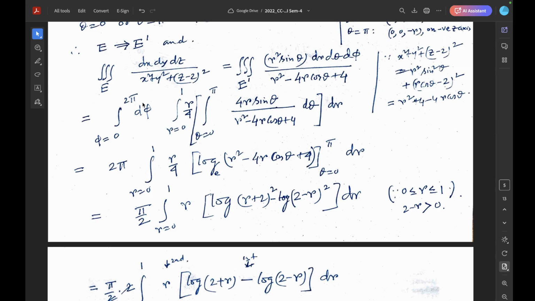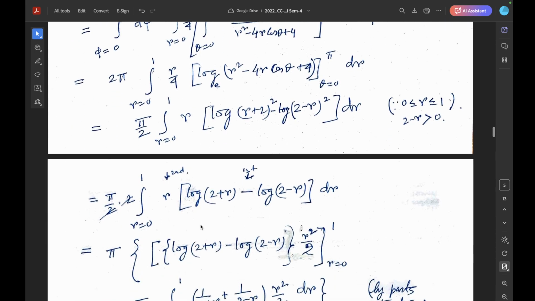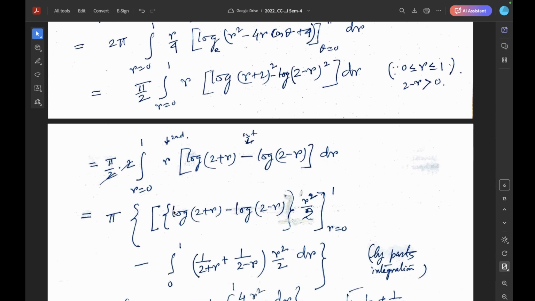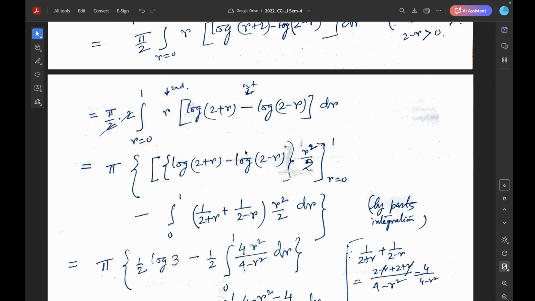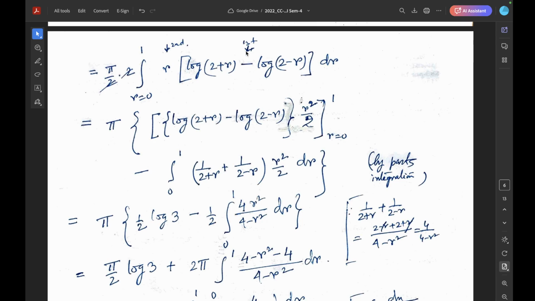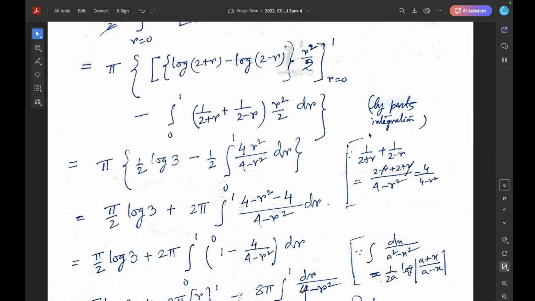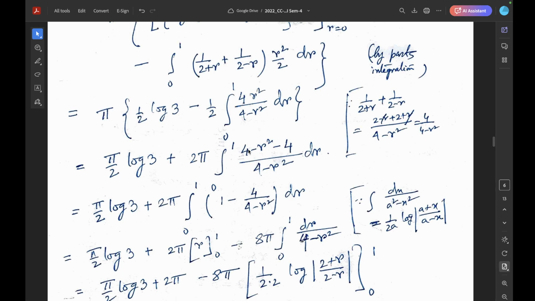Now d phi integrates to 2 pi. Integrating within the bracket, we choose this as the first function and r as the second function. By parts integration, we get the integration of r square by 2, with limit r equal to 0 to 1, and the derivative of the first function, 1 by 2 plus r, minus 1 by 2r, times r square by 2 dr. And simplifying this, we get 4 by 4 minus r square into r square by 2, and 4 minus r square minus 4 by 4 minus r square,